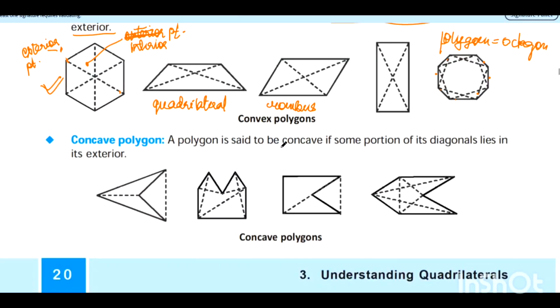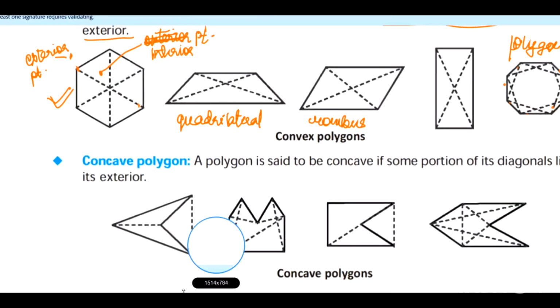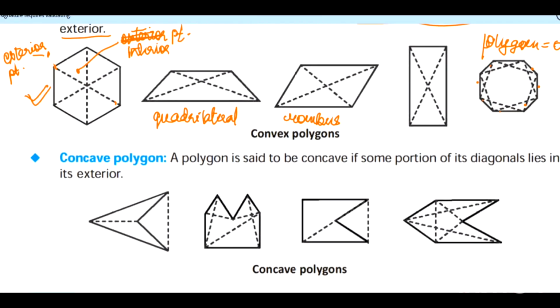In the below diagram they are showing a concave polygon. Concave polygon means that when I draw the diagonals, some portion of a diagonal lies outside, exterior to that body, and we call it a concave polygon. See this diagram, 1, 2, 3, 4, 5, 6, 7. Mostly in this we are taking prisms or different kinds of diagrams. This is also a type of star. We draw stars in this way only, with all the sides.